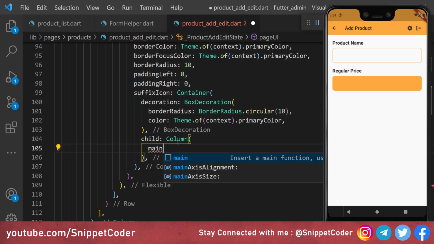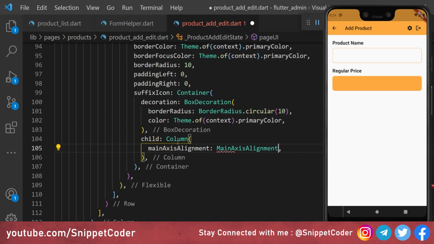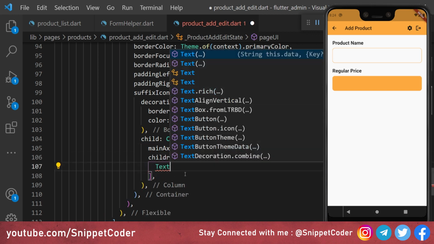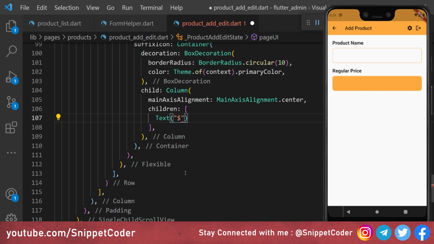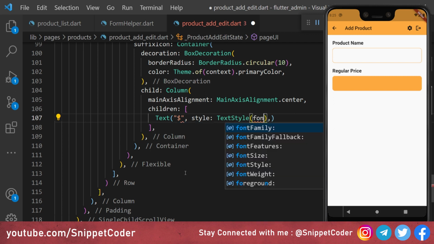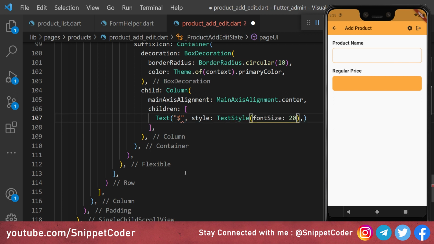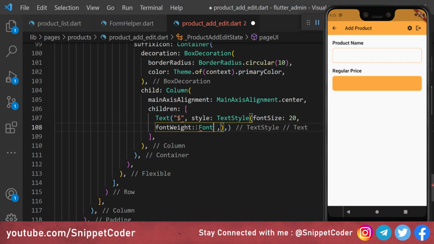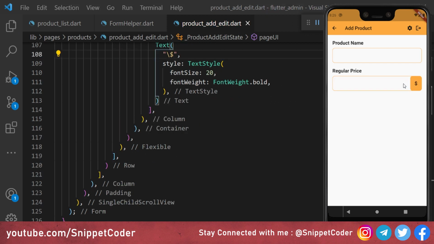The main axis alignment we are using here is MainAxisAlignment.center. Then we have the children here, and here we are using a Text widget, and here we can show the currency, and we are putting a dollar. Then we have the style here, and we are using a TextStyle, and the font size we are using here is 20. The font weight we are using here is FontWeight.bold. So now you can see here we are getting a suffix icon as a dollar here.